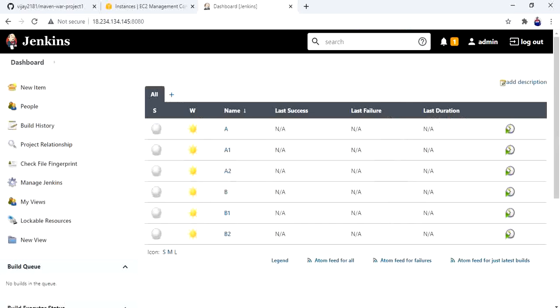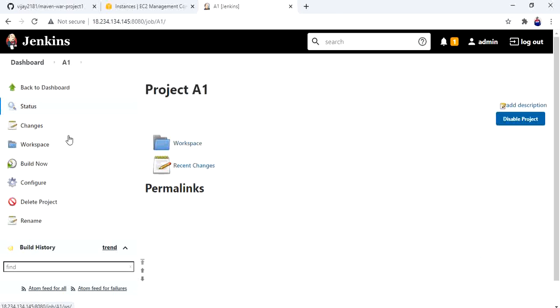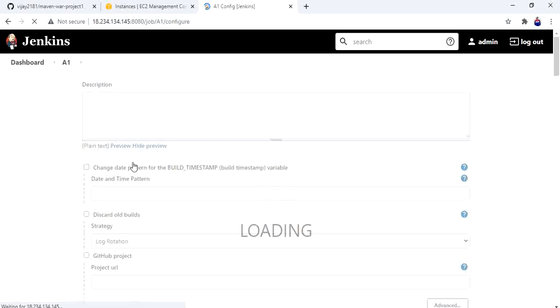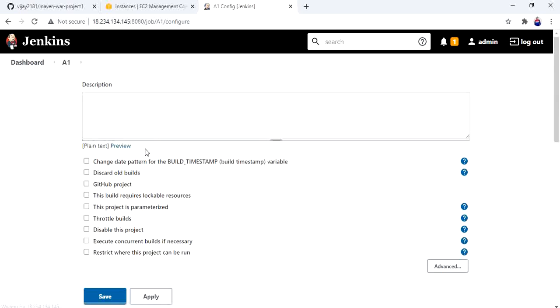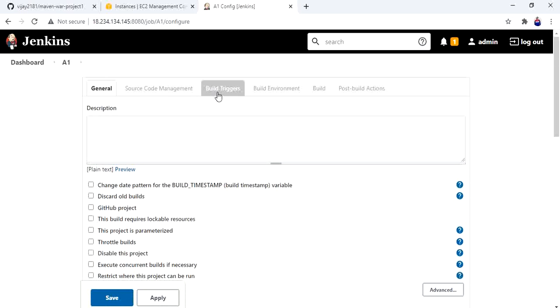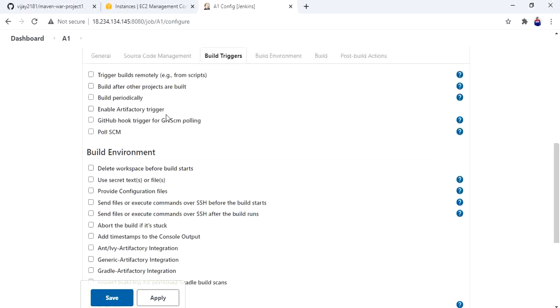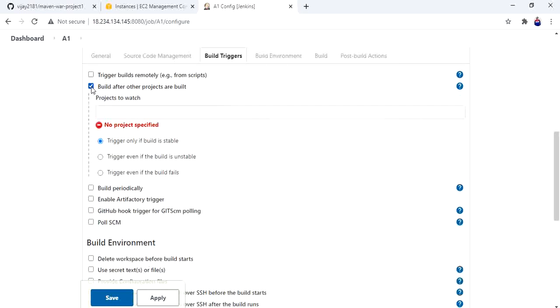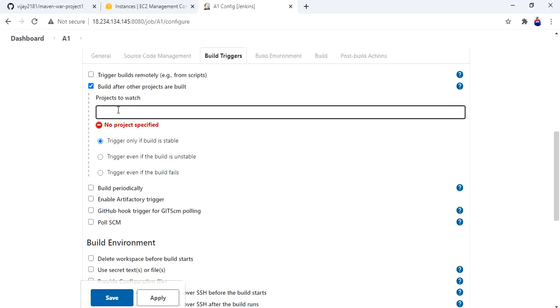So let me go to A1, configure. Here go to build triggers. Select this one, build after other projects are built, and select upstream project.